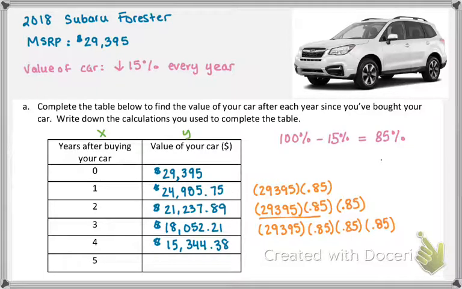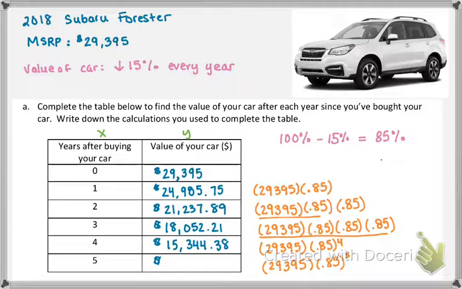And this calculation, instead of writing all this out again, I'm going to shorten it because I notice a pattern. It's just always going to be the initial price times 0.85 one more time, so to the 4th power. I'm going to multiply the price by 85% 4 times because it's been 4 years and every year I take 85% of that. And so to find the value after 5 years, all it is just the initial price and then 85% of that 5 times because 5 years have passed, and we can figure out that after 5 years,